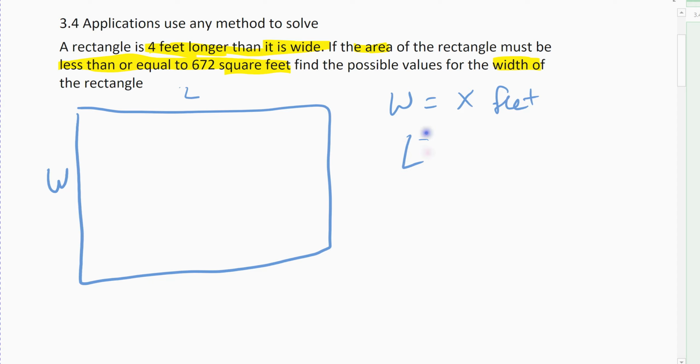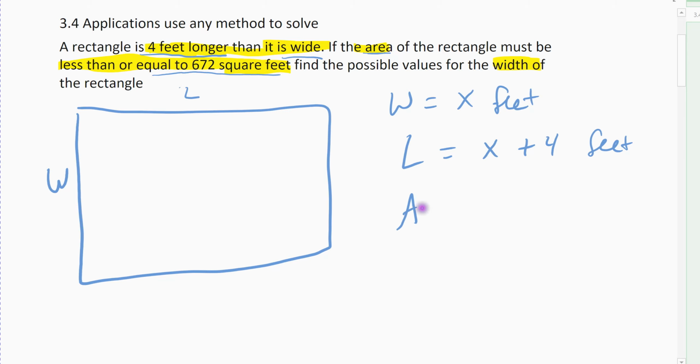Length then has to be 4 more feet than that, right? So I have to have x plus 4 to be the feet of the length, because it's 4 feet longer than it is wide. So if the width is 10 feet, the length has to be 14 feet, so you have to add 4 to that. Then what we want to do is find the area and make sure it's less than or